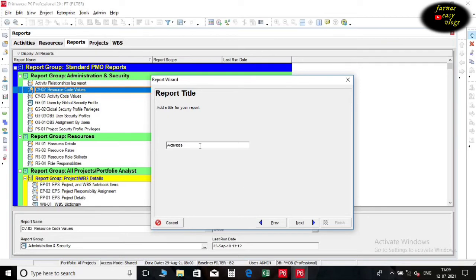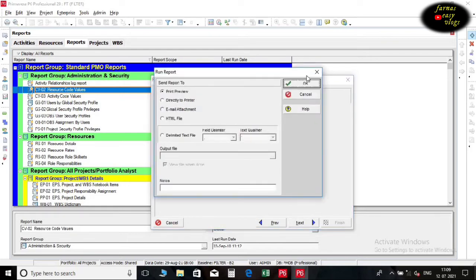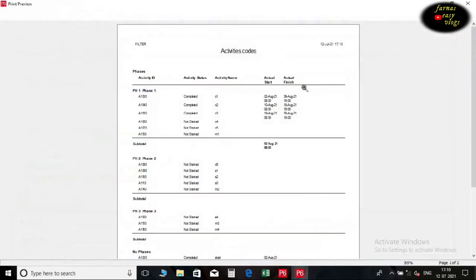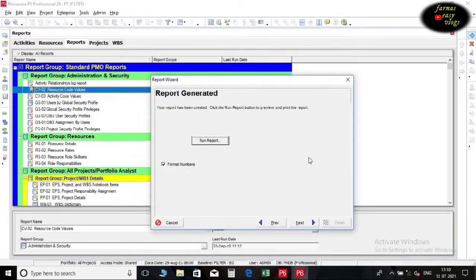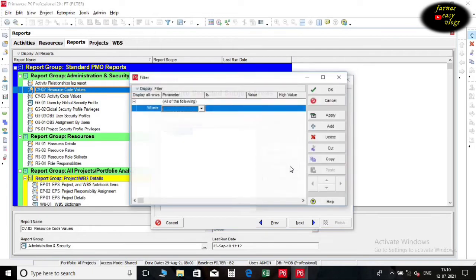Give report title as activity codes. Before saving, just run the report. Now we can see the report of activity codes in the project. If we want to filter by particular phase, go to the filter options and select the phase we need.